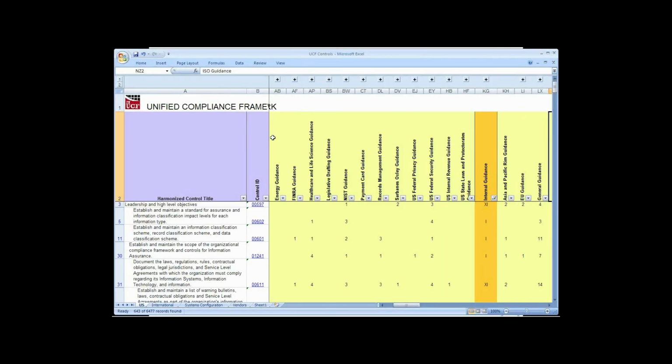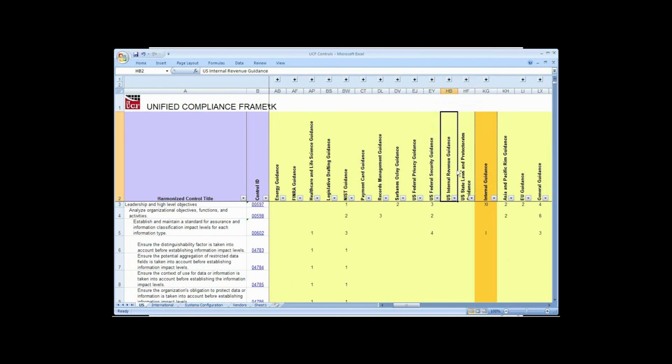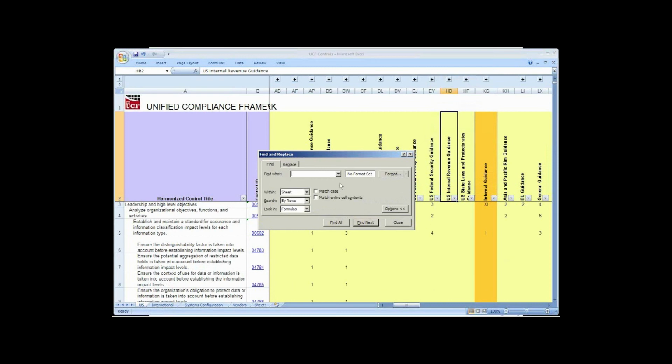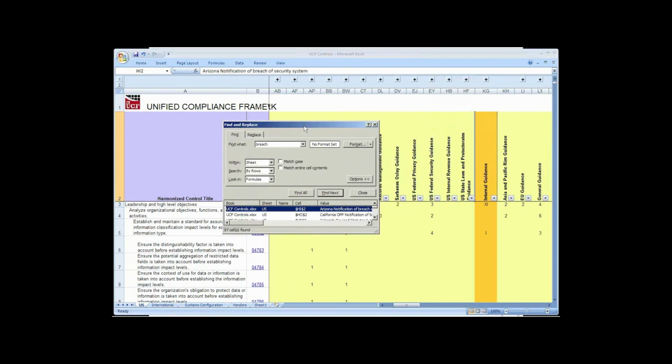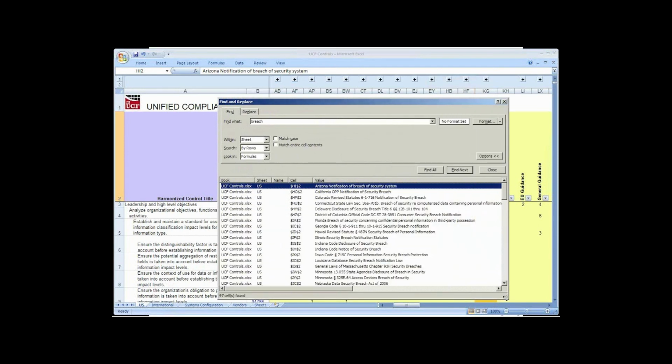Okay, so back in here, another way though to do it is, let me release the filters. And I could just do a find, and under options, oh, actually I don't need to do under options, I can just do find all, data, or actually just do breach, find all. And Excel's not awesome, but you can see, you know, Arizona breach of a security system, California. So this is looking through the different,